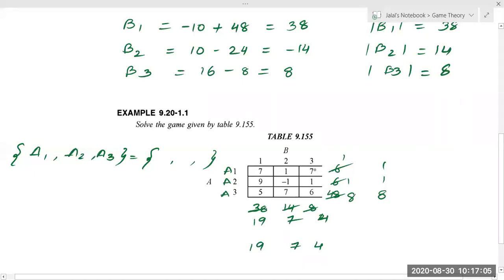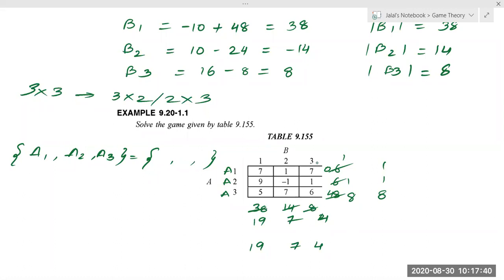I want to say, suppose this value came out to be 0. Okay? Suppose this value came out to be 0. That means this question was possible to be solved by dominance also. What happens in dominance? You can reduce, okay, by row and column elementary transformation from 3/3 to, as I have already stated, either 3/2 or 2/3. So if any one of these values comes out to be 0, that means the solution was also possible through dominance. Okay, and you had an option whether you go by dominance or you go by oddment. So if all 3 values are coming, that means the solution was not at all possible by dominance.